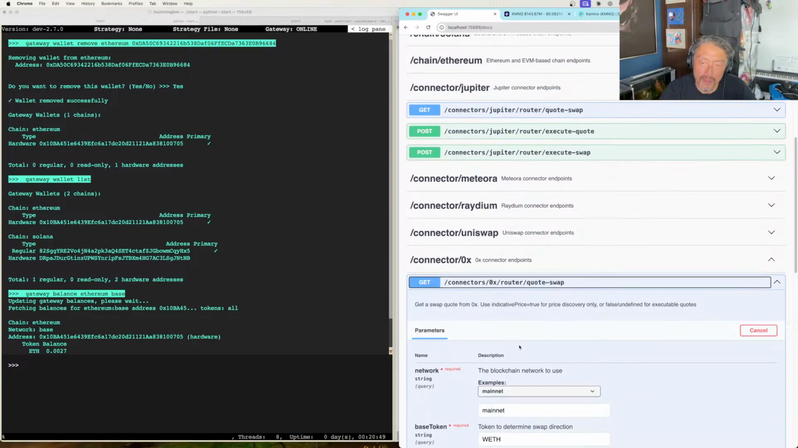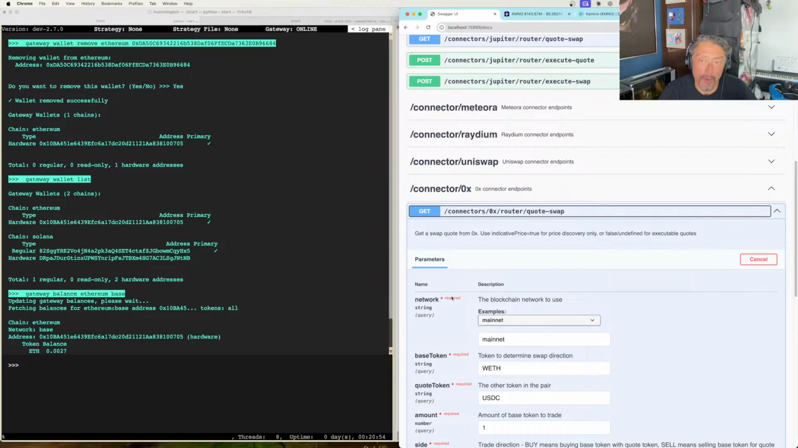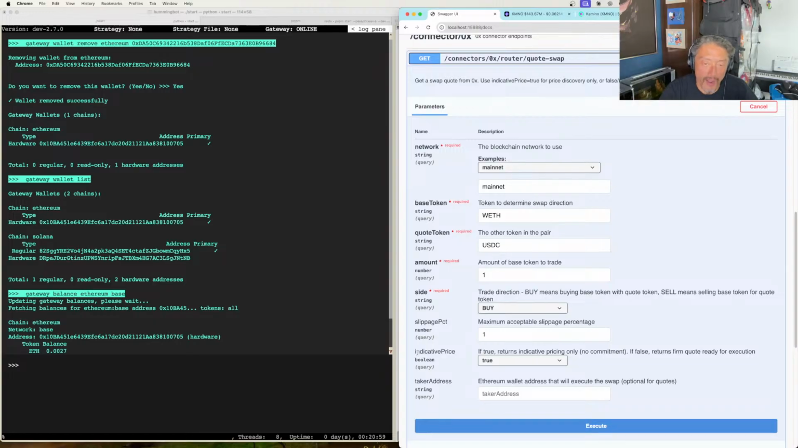Now the 0x connector can have additional parameters. For example, there are some 0x-specific fields that are added here. However, these base parameters like network, base token, quote token, amount, etc., are part of the basic swap schema. That ensures that every DEX, whether it's a router, an AMM or CLMM, has to expose the same kind of swap features at the base level, so that you can call that endpoint the same way